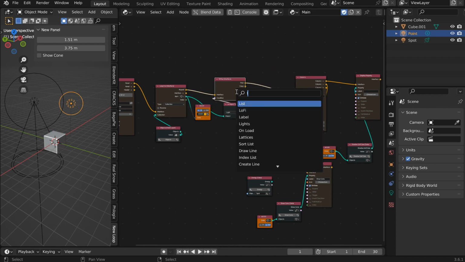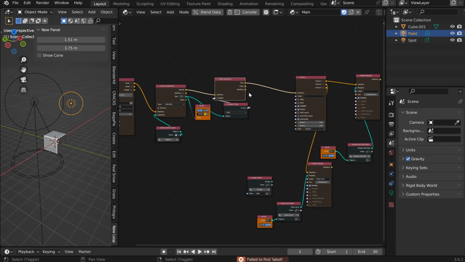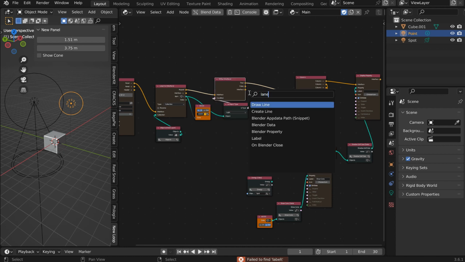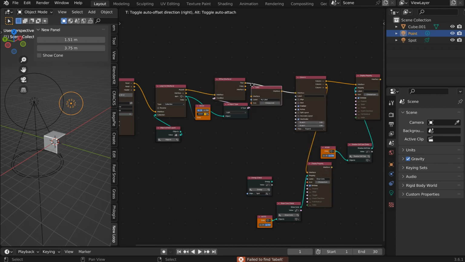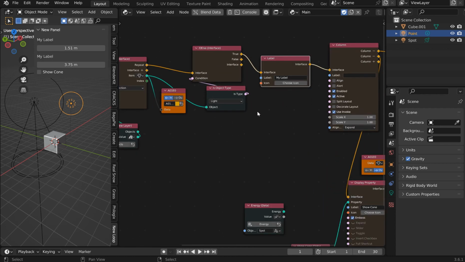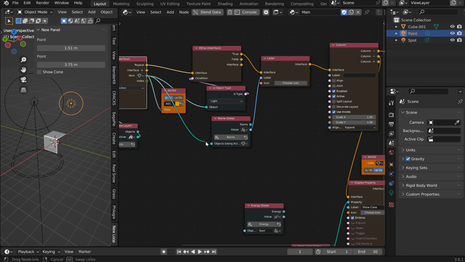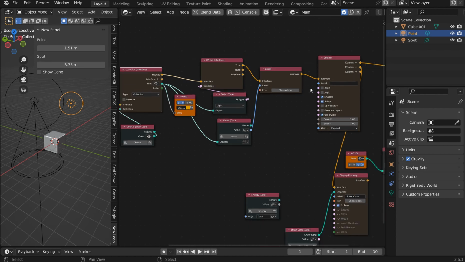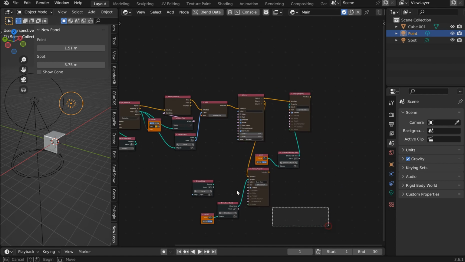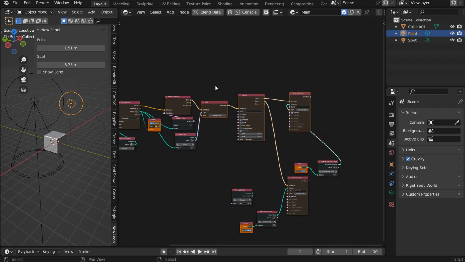So I may change this. If I can type, my microphone's kind of in my way, if you will, but I've just kind of allowed it. Let's drop in name, and now I can tag that in. And it's just going to say spot, spot, spot. We got to change this to property, and then tag that in. And now it's going to say point here and spot here. And then for each individual light that is going to be listed,